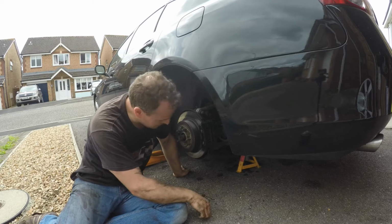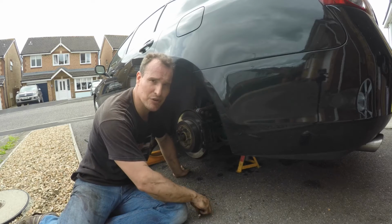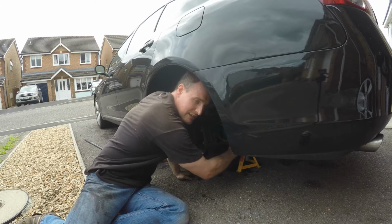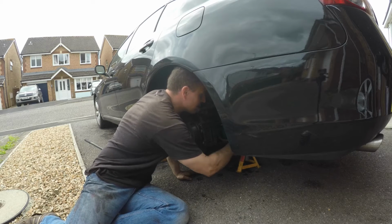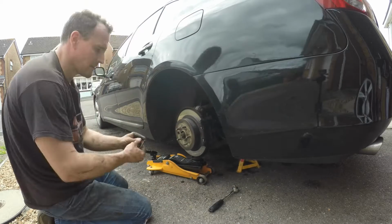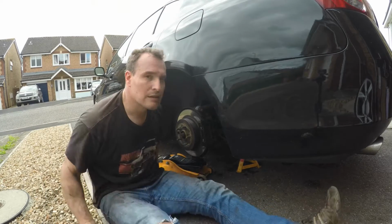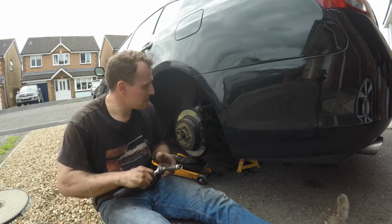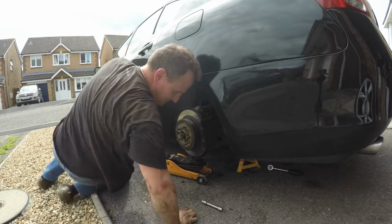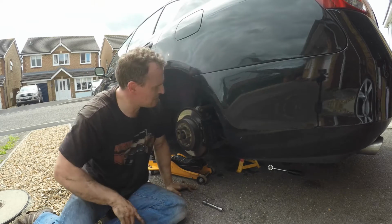But it's pretty simple. It's a 12mm nut and bolt, so not an Allen key and socket type setup, and it's just a case of winding that out, and the drop link comes free, and then again it's 12mm bolts on the bushes, bush carrier. And there we go. And now it's just the bush carriers. Right, take the bolts out, and hopefully